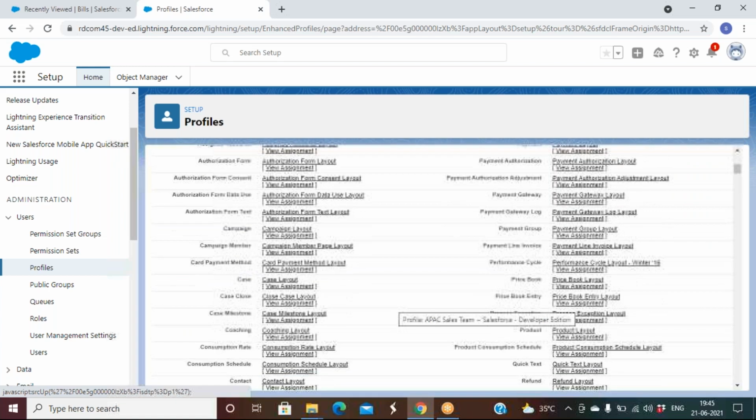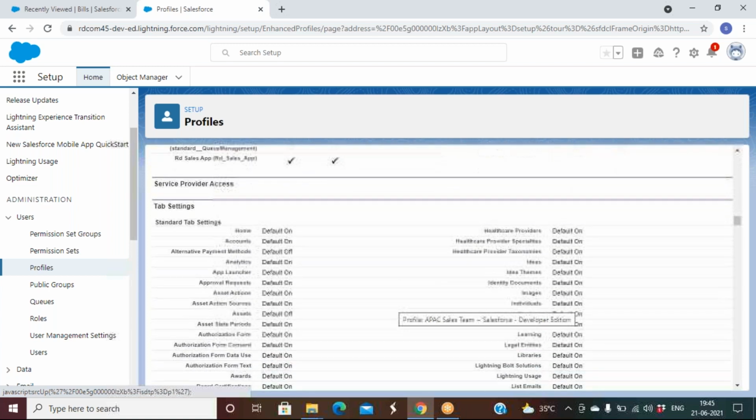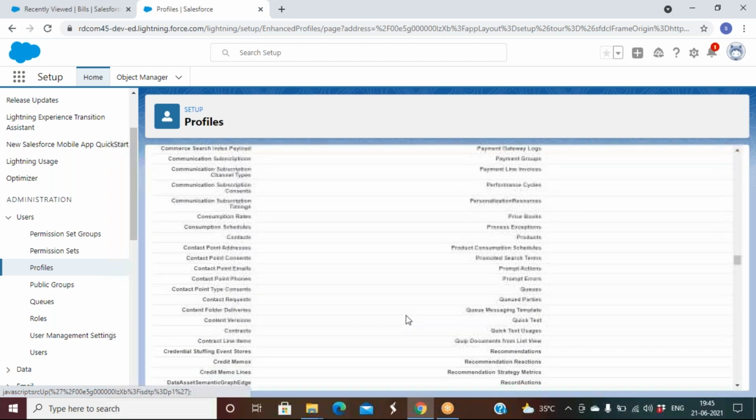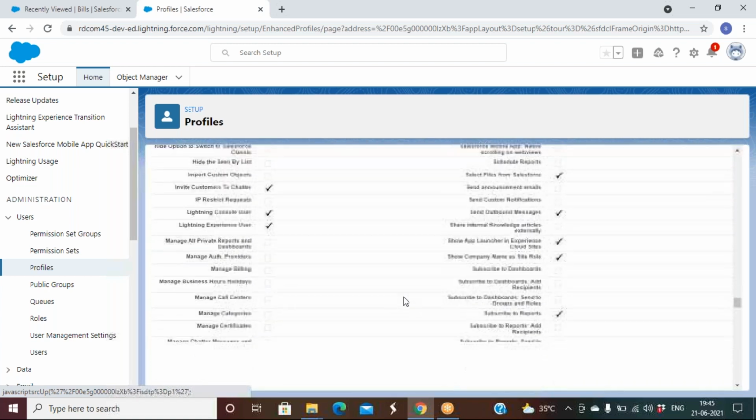And then we talked about tab settings. We have seen record type, page layout, and object. Okay, so we stopped there.